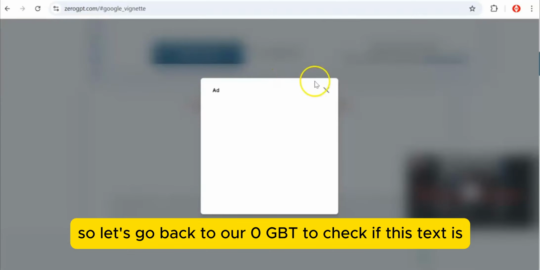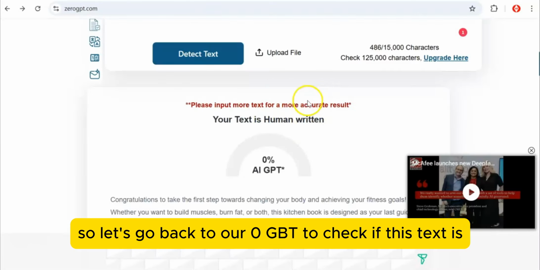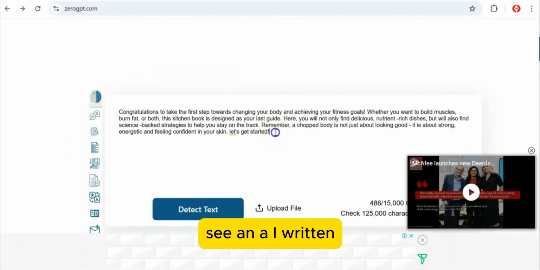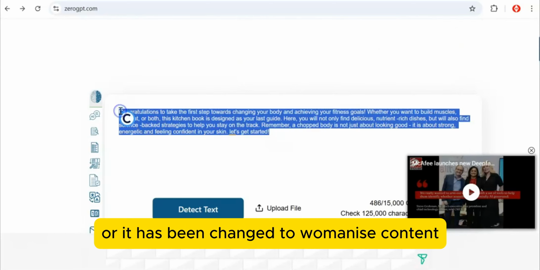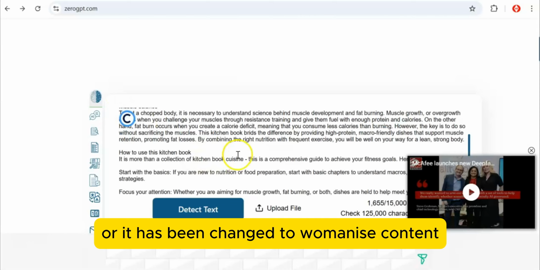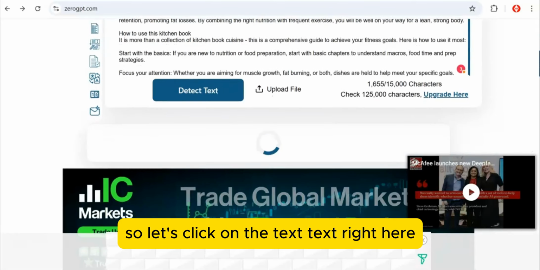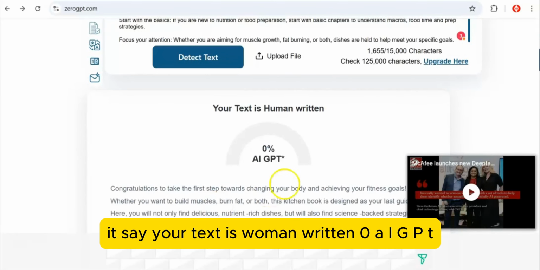So let's go back to ZeroGPT to check if this text is still AI-written or has been changed to human-written content. So let's click on the text right here. You can see right here it says your text is human written.